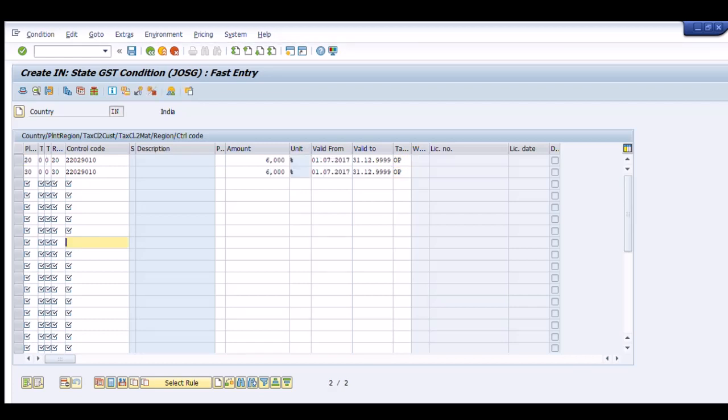We know very well that the GST percentage is decided on the basis of the HSN code,